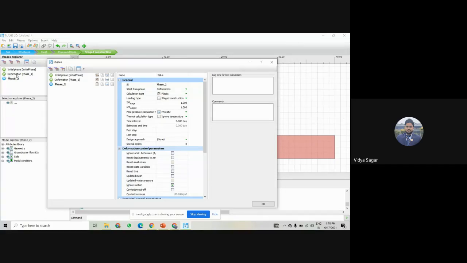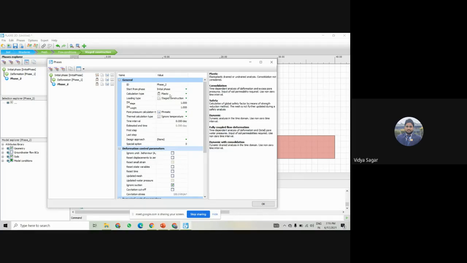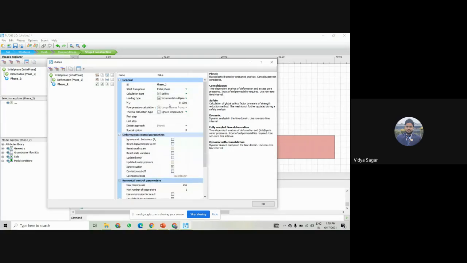Now it is started from the deformation, and if I change it to the initial phase, it now starts from the initial. It is bypassing the deformation phase. And the calculation type is safety, because we are checking the factor of safety.